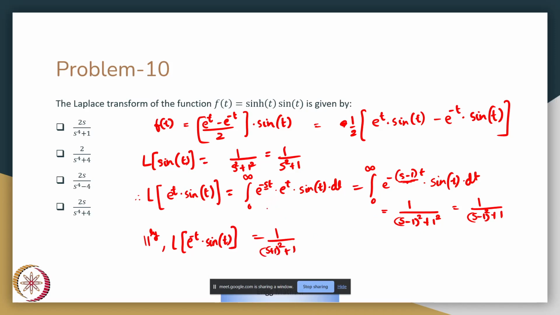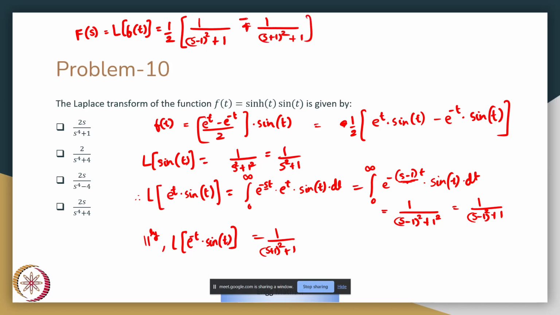Again, e raised to minus t becomes e raised to minus of s plus 1 into t, so instead of s, now we are moving to s plus 1, which gives F of s, which is nothing but Laplace transform of f of t, equal to half of 1 upon s minus 1 whole square plus 1